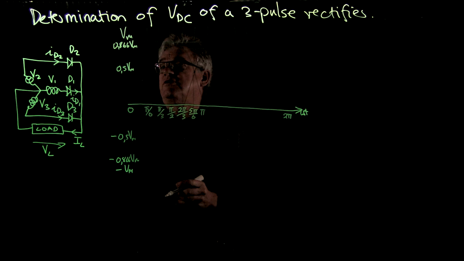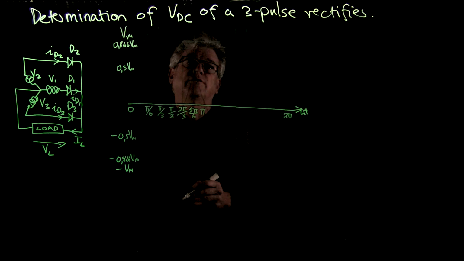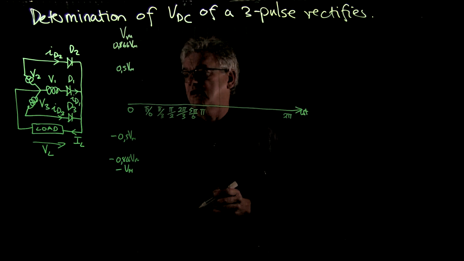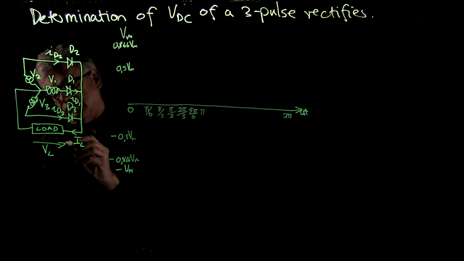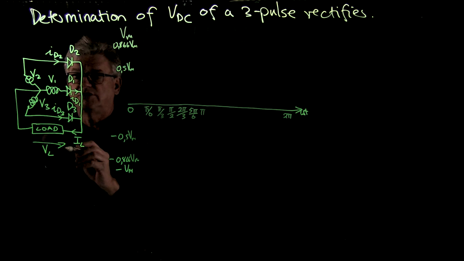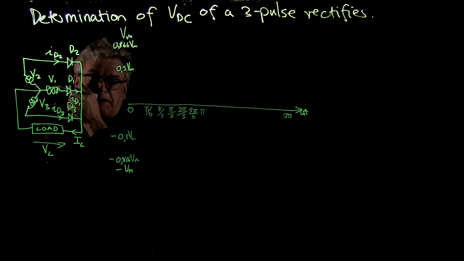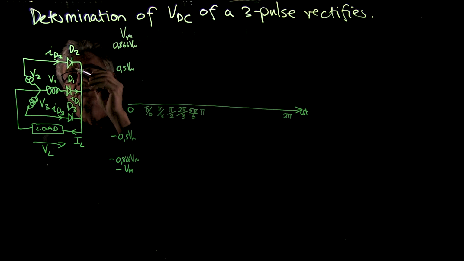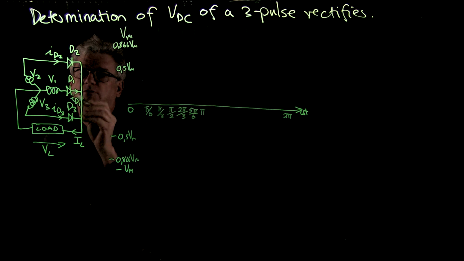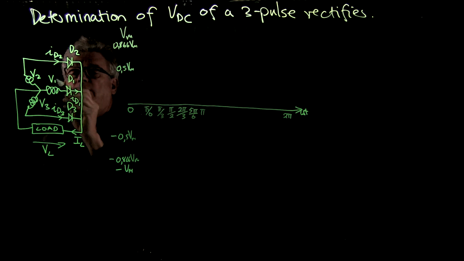Today I'm going to show how you can determine VDC of a 3-pulse rectifier. If we look at the circuit of the 3-pulse rectifier, we are concerned about VL, which is the load voltage. And the load voltage is going to be the voltage that exists because D1 will switch on when V1 is